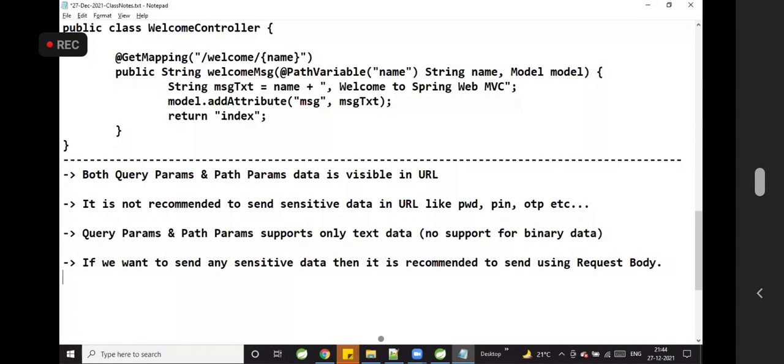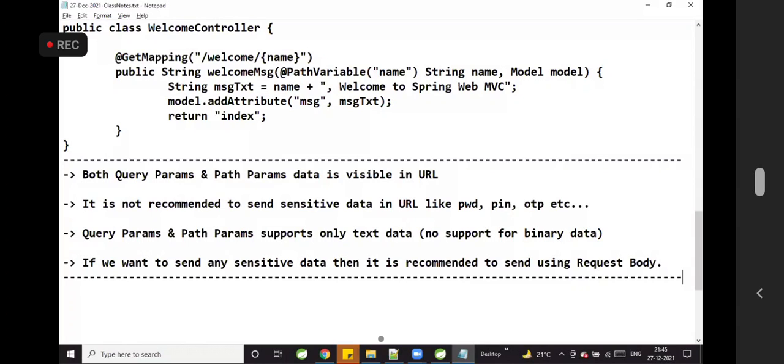So in total, in how many ways can we send the data from UI to controller?